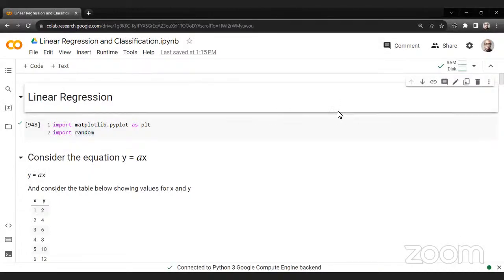It's week 9, and we are looking at linear regression and classification, right? But before I dive into the topic of the day,